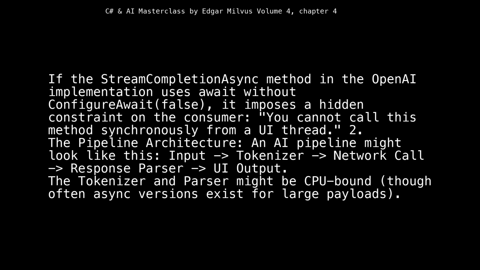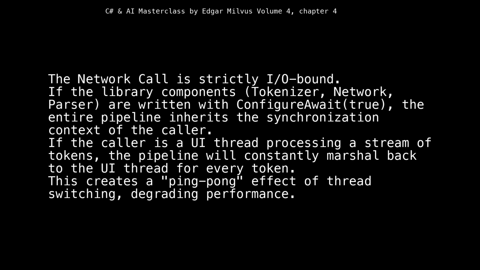2. The pipeline architecture. An AI pipeline might look like this: input, tokenizer, network call, response parser, UI output. The tokenizer and parser might be CPU-bound, though often async versions exist for large payloads. The network call is strictly I/O bound. If the library components, tokenizer, network, parser, are written with ConfigureAwait(true), the entire pipeline inherits the synchronization context of